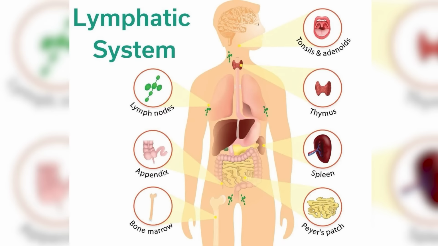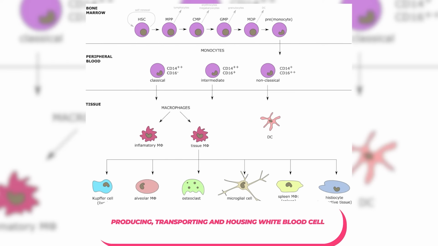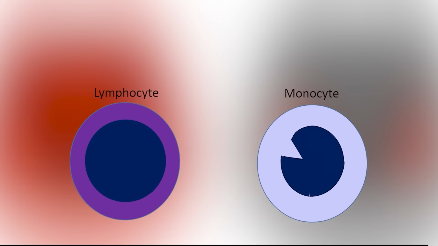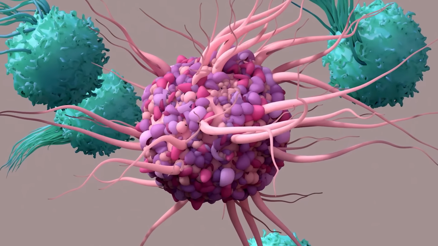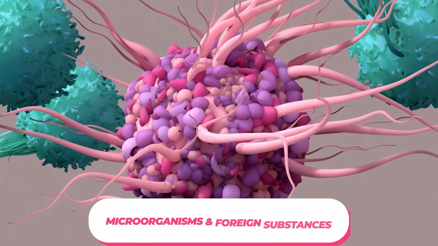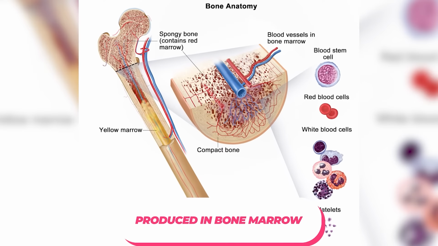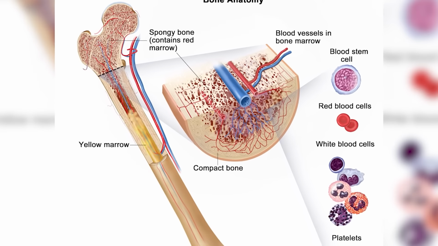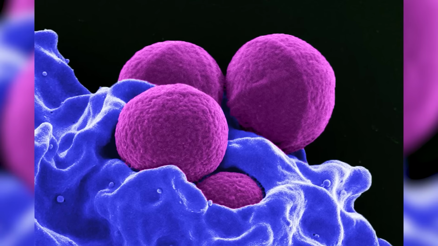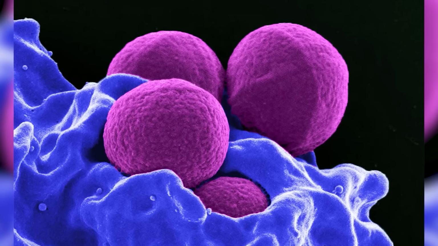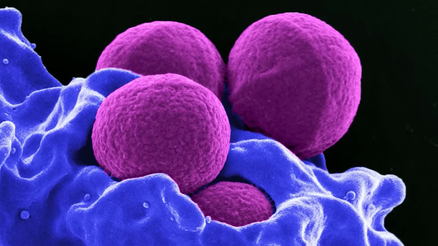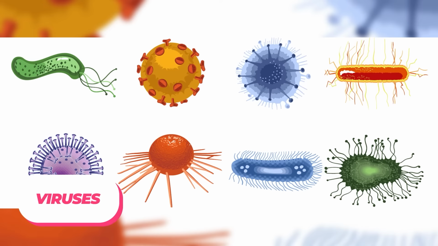The lymphatic system also plays a crucial role in the immune response by producing, transporting, and housing white blood cells, such as lymphocytes and monocytes, which help to fight against invading microorganisms and foreign substances. Lymphocytes, a type of white blood cell, are produced in the bone marrow and mature in the thymus, spleen, and lymph nodes. These cells are responsible for recognizing and responding to foreign invaders in the body, such as viruses and